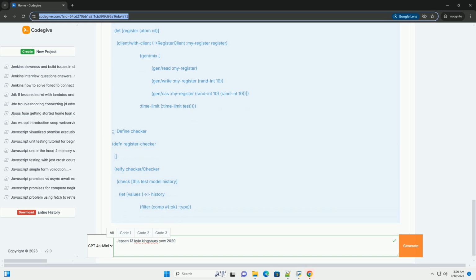Register client defines a client that performs read, write, and compare and swap operations on a shared register, an atom in Clojure. Workload generates a stream of operations, reads, writes, for the client to perform. The gen/mix allows you to specify the mixture of operations you want to perform